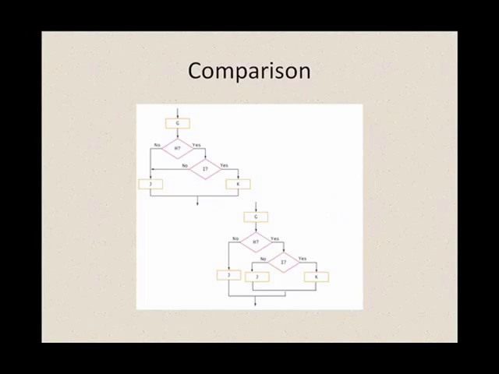Let's compare the two flowcharts, the original unstructured version and the newly structured version. In both cases, the first step to execute is G. When H is asked, if the answer is no, both flowcharts execute step J. If you start over and do step G and ask H, but the answer is yes, in both cases question I is asked. When I is no, in both cases step J executes. If you start over and do step G and ask H and ask I, if I is yes, in both cases step K executes. The two flowcharts do exactly the same thing, but the first one is unstructured and the